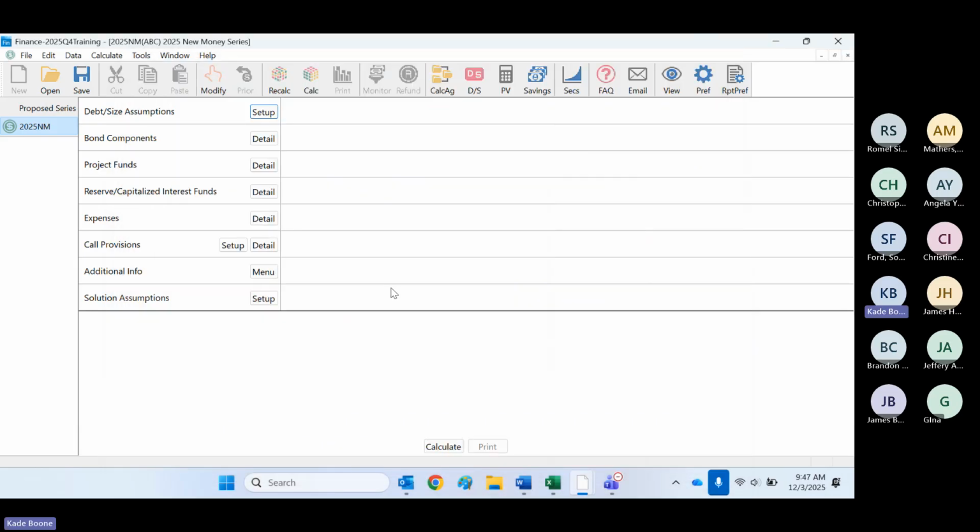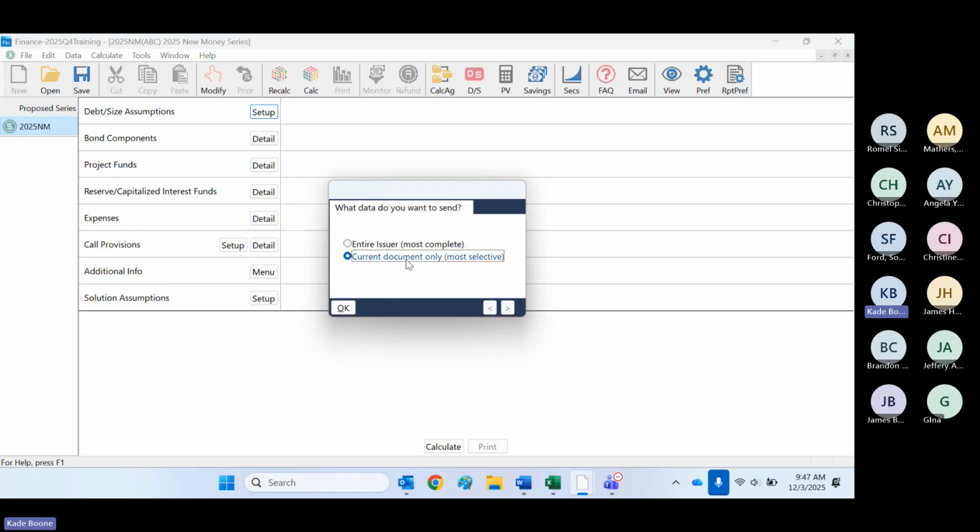That way, whenever you have an issue, and believe me, we've had them, whether it's super easy or not, that's why we're here. What you're going to do is, when you're in your particular series or refund or project finance, if you have an issue, even if it's super simple, always send your data. Even if it doesn't pertain to it, just go to help,